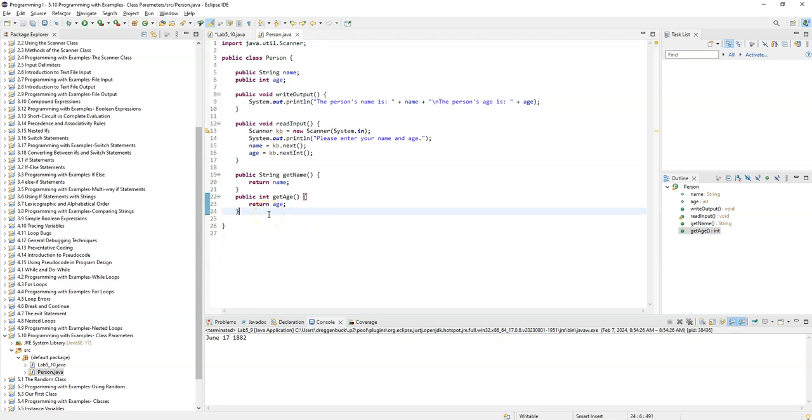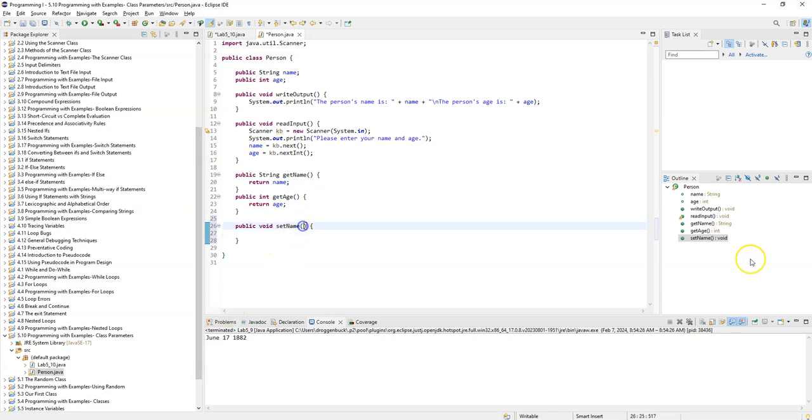So we're going to create what's known as a set method in here. We saw, for example, last time we had a set date, but let's do the same thing here, but for our person class. So let's start first by looking at each of these individual variables and saying, hey, can we change those? So let's go ahead and make a public, and whenever you're doing a set method like this, we're going to make these void, and we're going to say set name, open close parentheses, curly bracket,